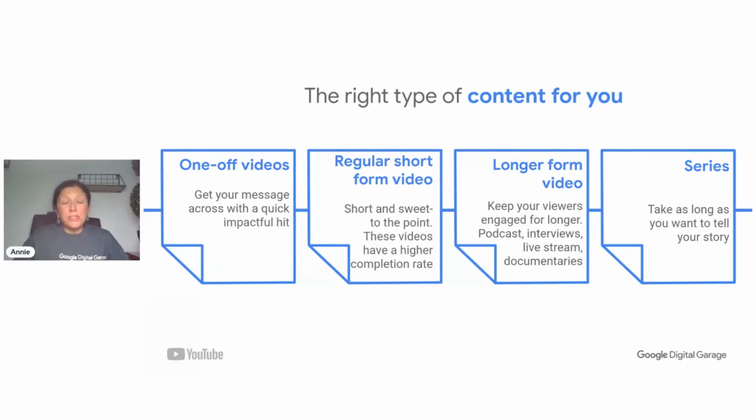So we might want to think about this in terms of a relationship. Do we want a one-off, one video, and that's going to be it? Or do we want to think about taking it in steps, learning a bit more about that particular person, and then maybe even going more in depth into a longer-term view of that person, and then going into a series? So if we think of it as a relationship, we can take it step by step in terms of the content we want to create.